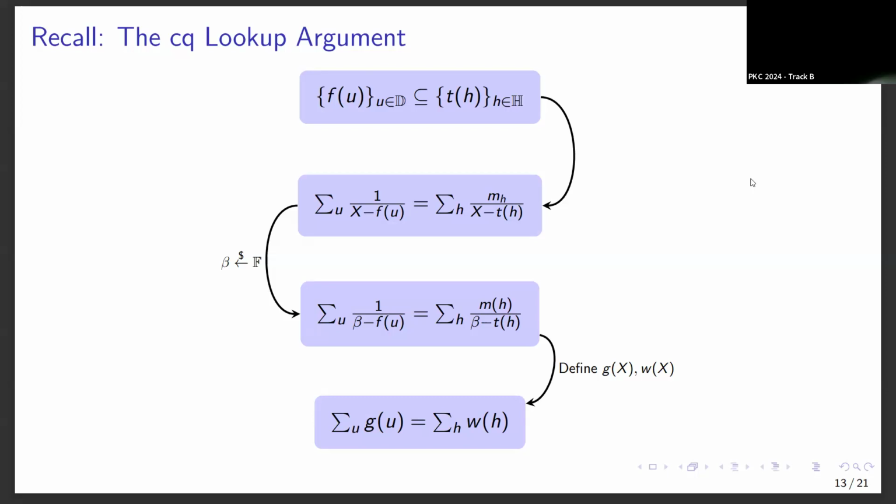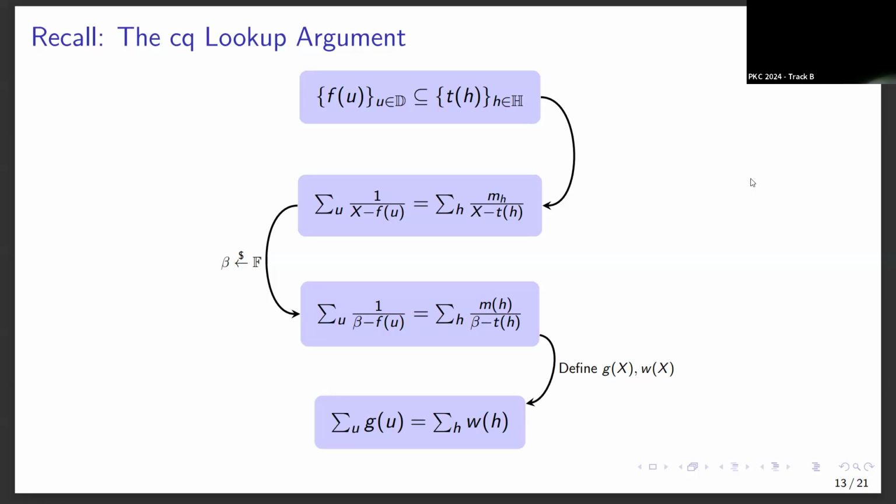So we start from a subvector and a table. Then the subvector is represented by a polynomial f(x) evaluated over domain D. We call it the smaller domain. And then we have this table represented as the evaluations of another polynomial t(x) over a larger domain H, because we assume that the table is much larger than the subvector. And without loss of generality, we can also assume that D is a subset of H. Now for simplicity, I will just refer to them as the smaller polynomial, smaller domain, and the bigger domain and